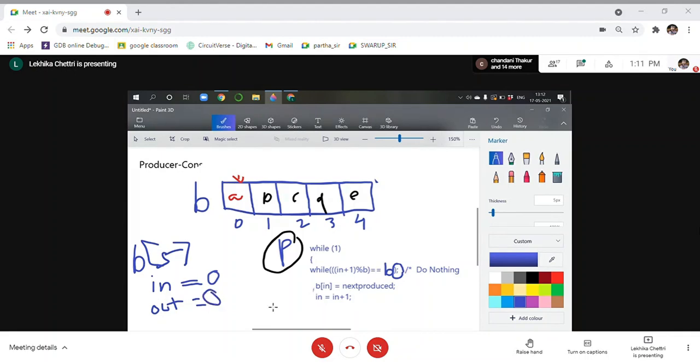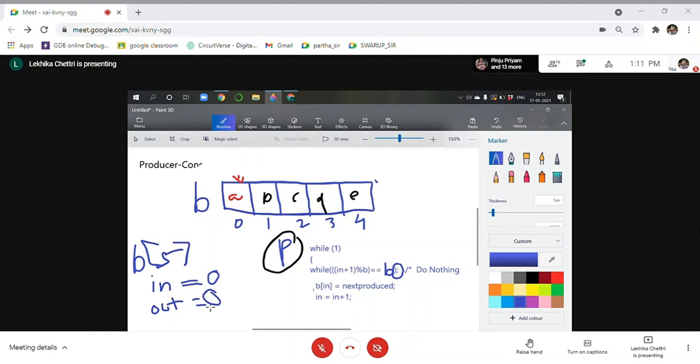Okay. Initially, what do we do? We initialize in, whatever you are producing, as next free. I've told you that in is the next free. So first consider initially it's free, because if I delete and put the values again, it will take time. Initially I've declared this buffer as size 5, so the values go from 0 to 4. All of these are empty initially, obviously. So I initialize next free as 0.